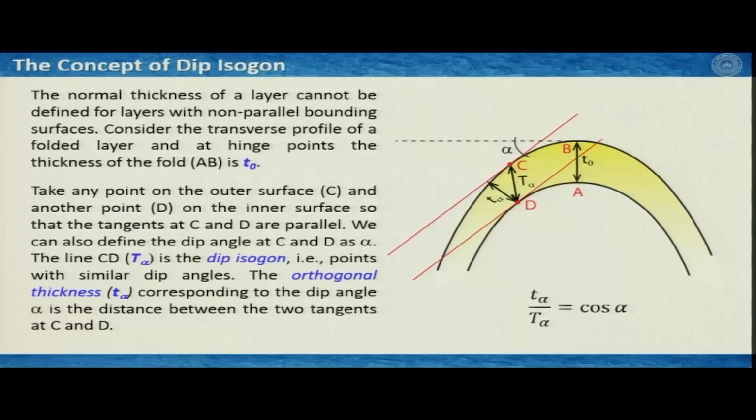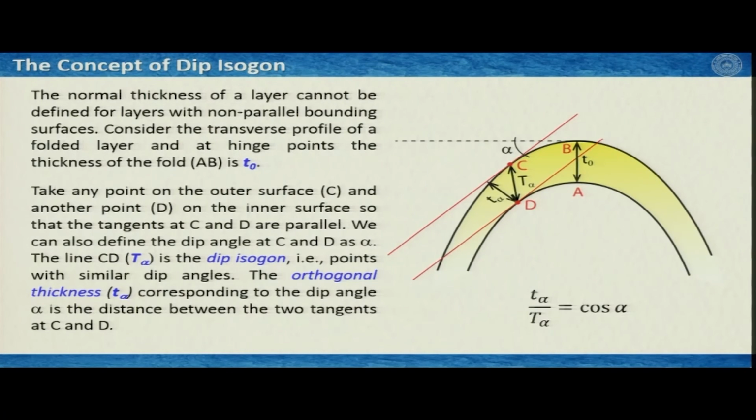Now, what it says, as I was talking about, is that the normal thickness of a layer cannot be defined for layers with non-parallel bounding surfaces. What do we mean by the bounding surface? I consider a layer, the top and the bottom, or in other words the surface that contains the extrados and the surface that contains the intrados. If they are not parallel to each other, then there is no meaning in measuring the thickness of that particular layer. So, to avoid that, Professor John Ramsay proposed that you can consider a transverse profile of a folded layer,